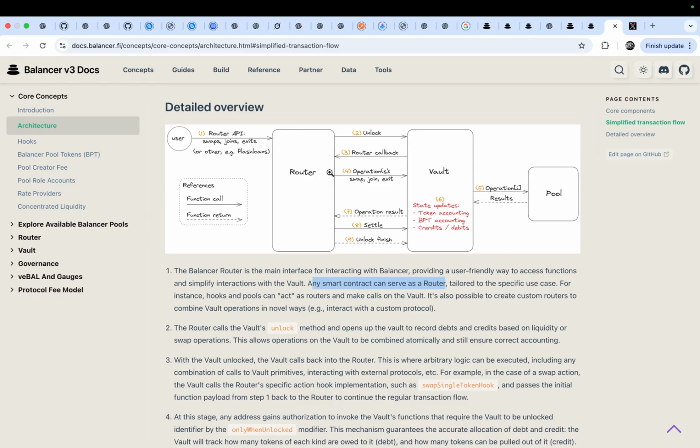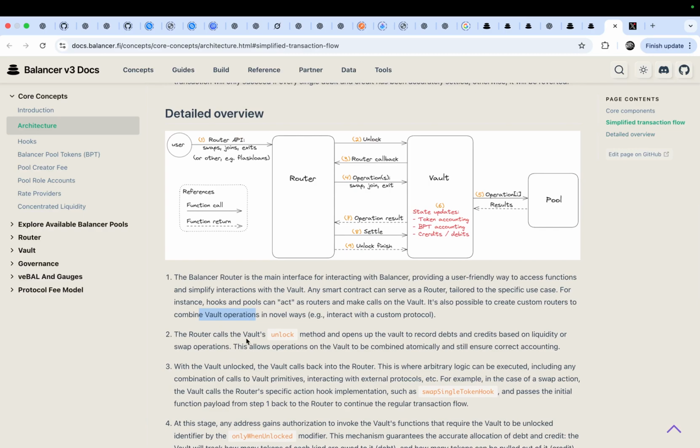So you can implement another type of router tailored for some specific use cases. For instance, hooks and pools can act as routers and make calls on the vault. It is also possible to create custom routers to combine vault operations in novel ways.